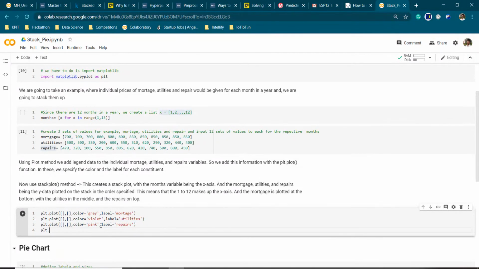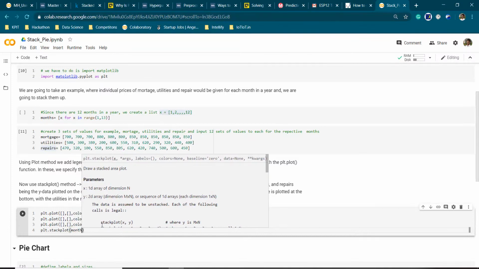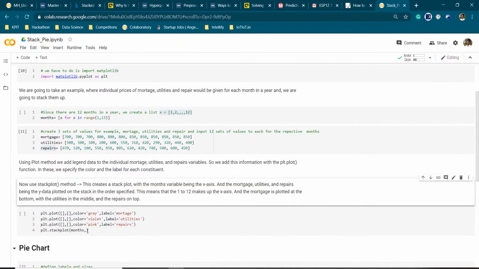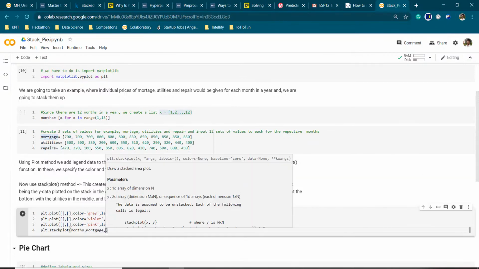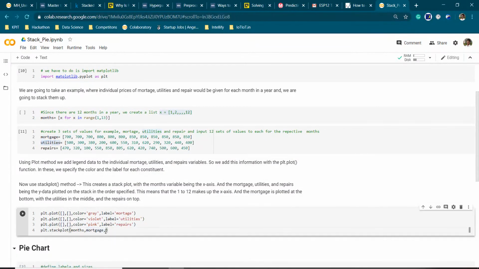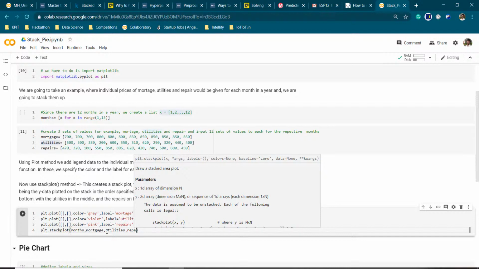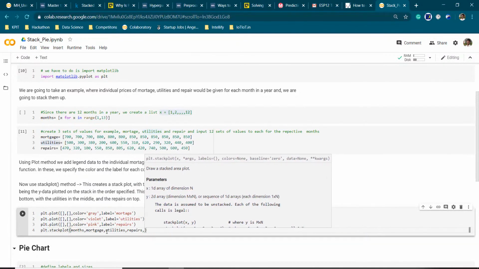Now let us use our plt.stackplot method, and in the input, first we are going to give it the x range, which is our months. In the next 3 parameters we are going to give the 3 sets, mortgage, utilities and repairs as the data to be stacked.